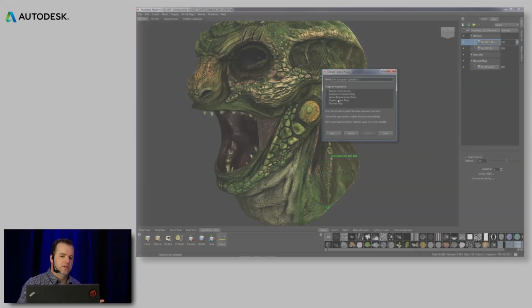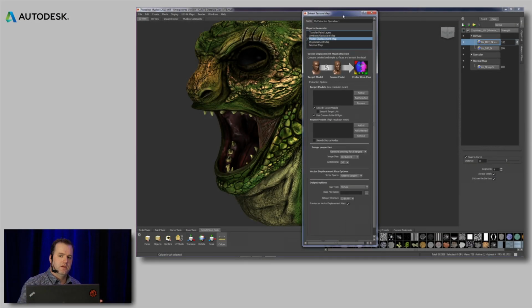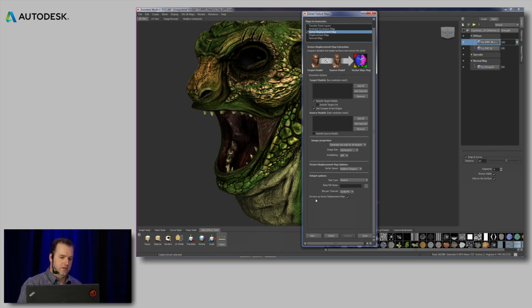The other thing to point out in the paint layers, which a lot of people might not be aware of, is that when we go to the extract texture map operation and we use vector displacement map to extract a vector displacement map off your mesh, when we're finished with that, you're going to see down here we call it preview as vector displacement map. It's not really a preview in the sense, but why we put that there is that when you extract that map, just like with normal maps, or even ambient occlusion, it's going to bring that